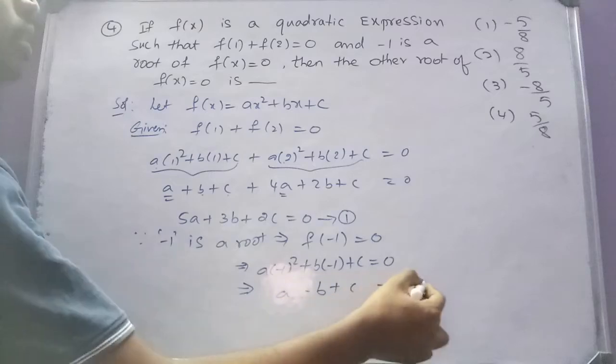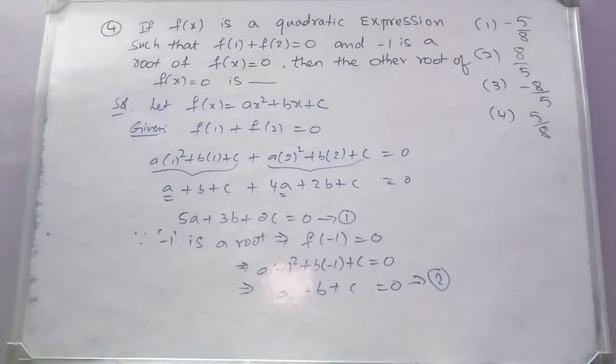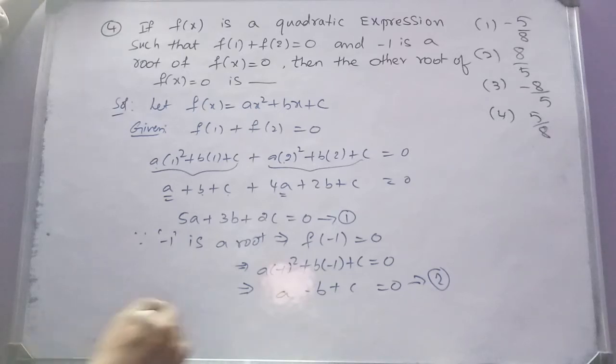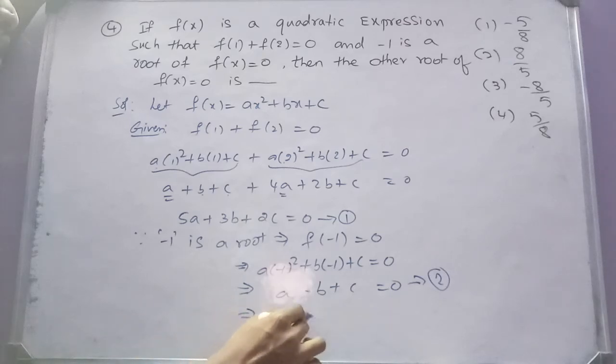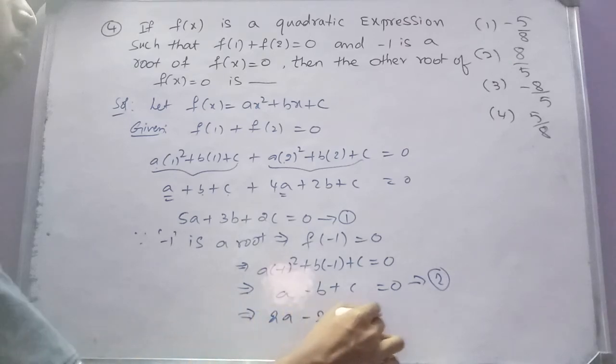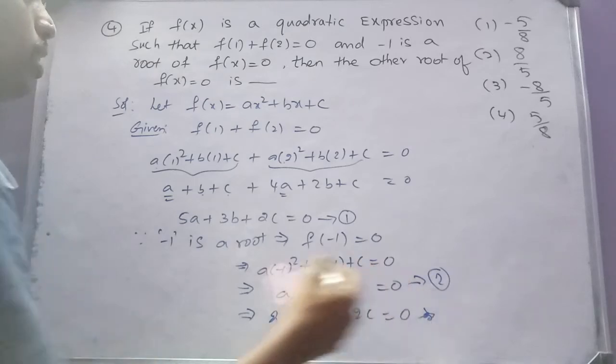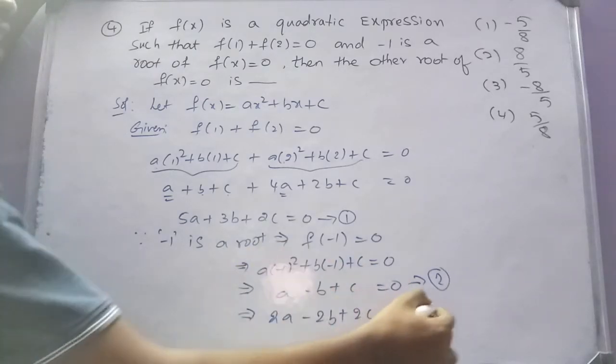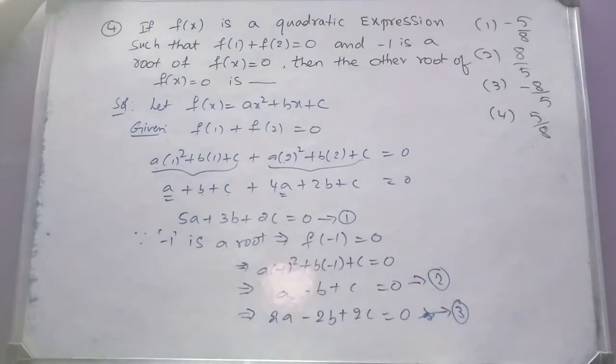We are supposed to solve equation 1 and 2. So if you want to eliminate any one unknown, let us solve equation 1 and 2 by equating the coefficients. Let me equate the coefficients of c. So I'll multiply with 2 on both sides. In the equation 2, if you multiply with 2 on both sides, you get 2a minus 2b plus 2c equal to 0. So now I'll add equation 1 and 3. Sorry, not adding, let us subtract. If you subtract, the 2c and 2c will get cancelled now.